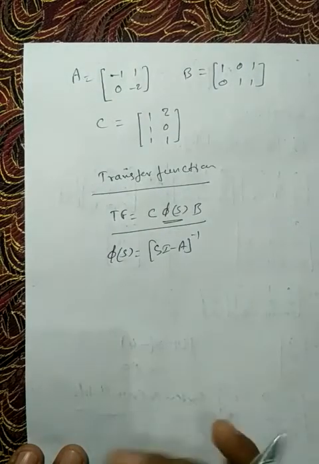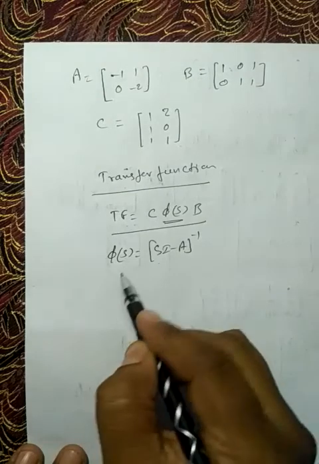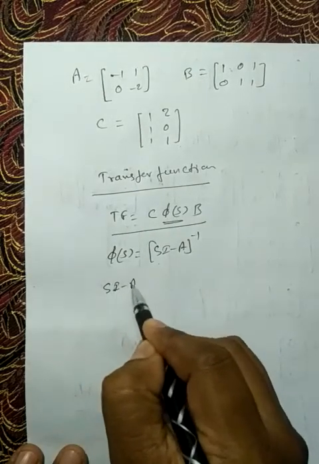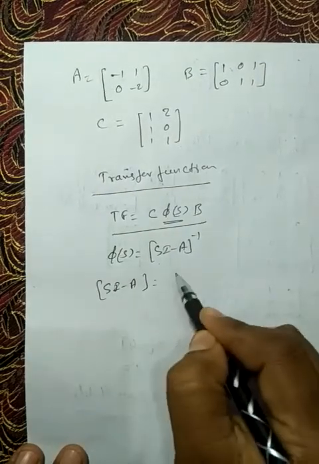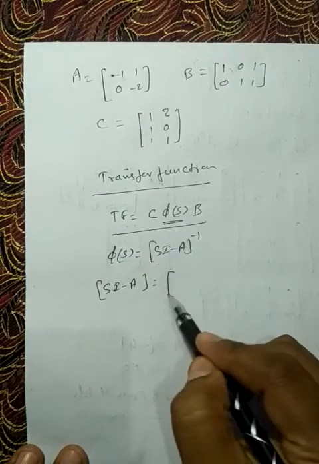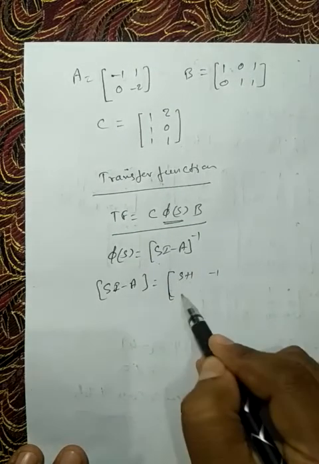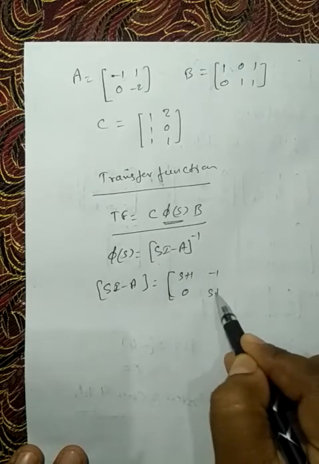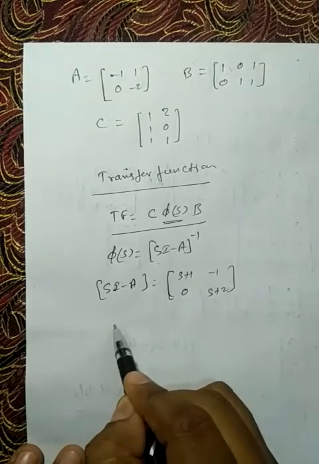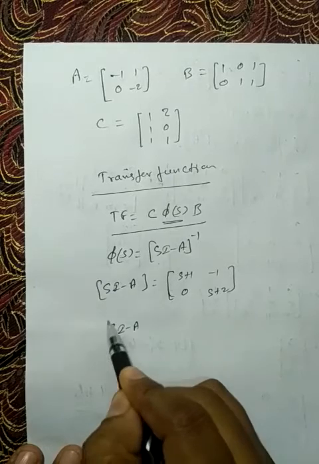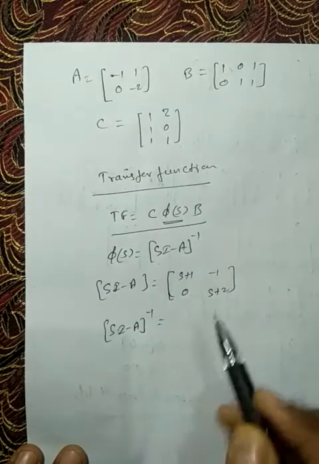So first of all we have to find out sI minus A inverse. So sI minus A matrix is here S plus 1, minus 1, 0, S plus 2, and sI minus A inverse will be